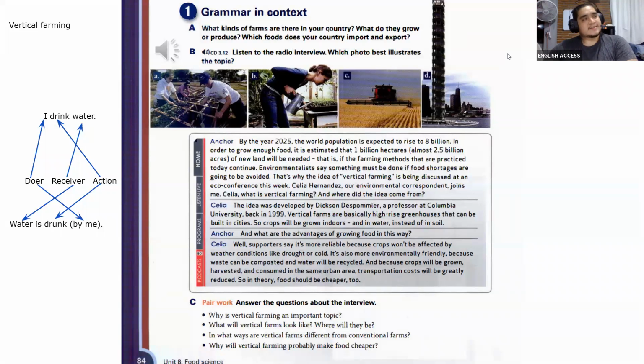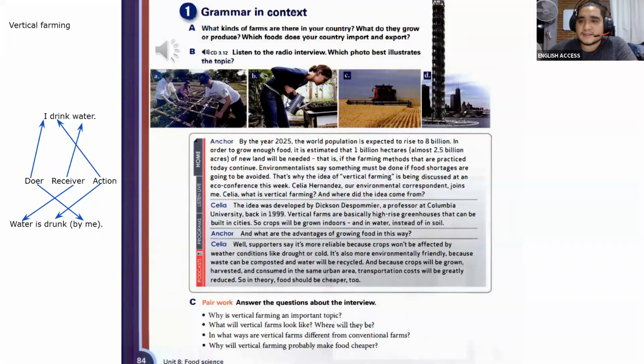Yes. So yeah, it would be more eco-friendly, more than regular farming, as this